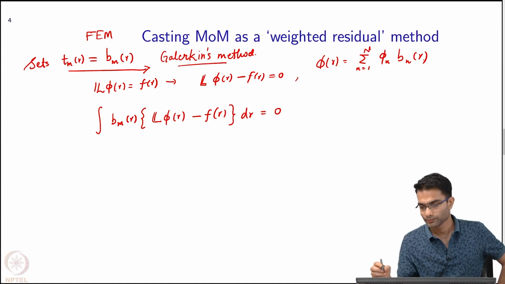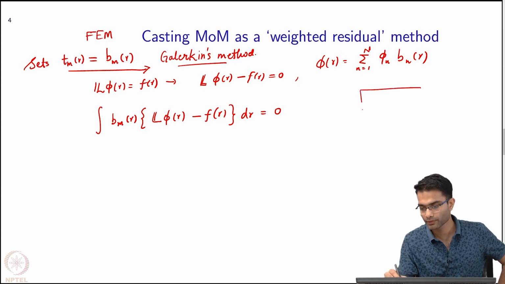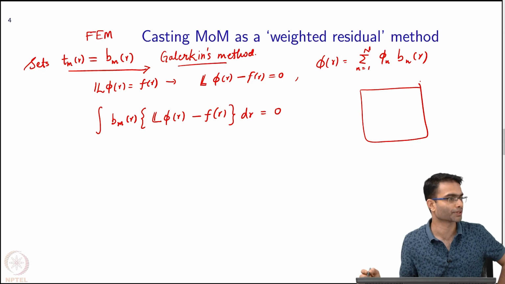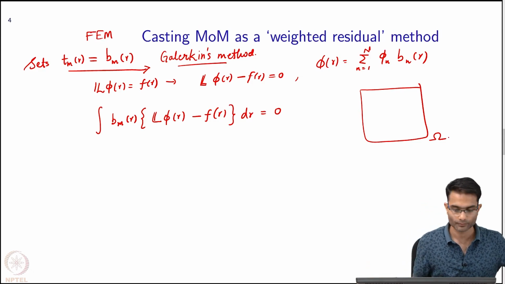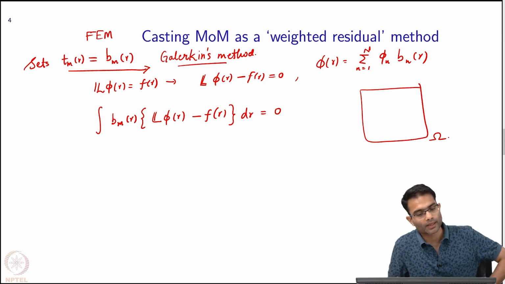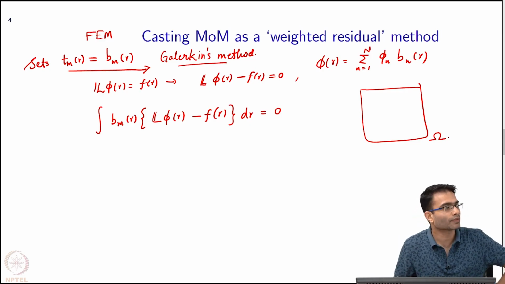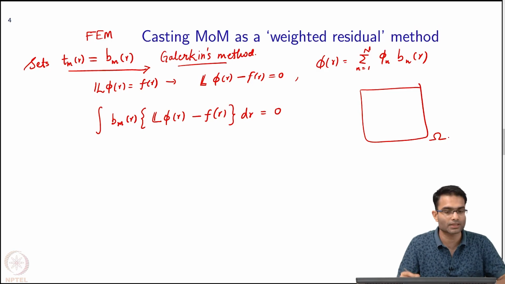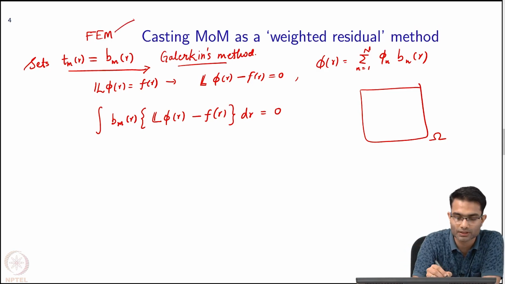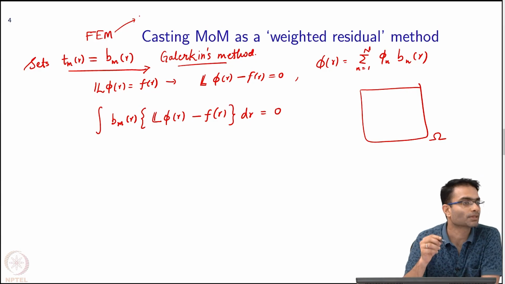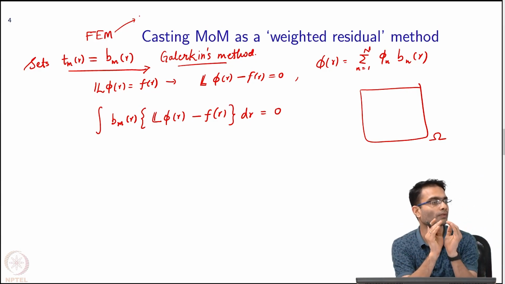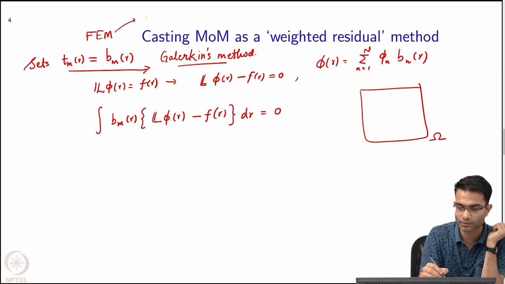Okay. What is the domain that we have? Let us say this is the computational domain, let us call it capital omega. Okay. Now, throughout FEM, one of the key features is that these basis functions or testing functions are subdomain functions, meaning they are non-zero only over some small region. Okay. So, subdomain